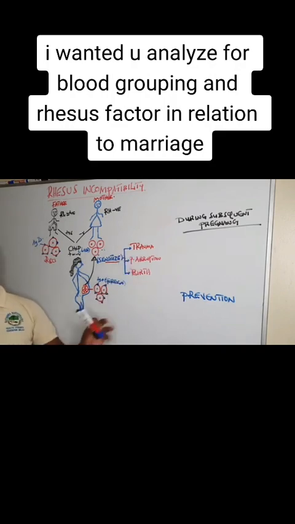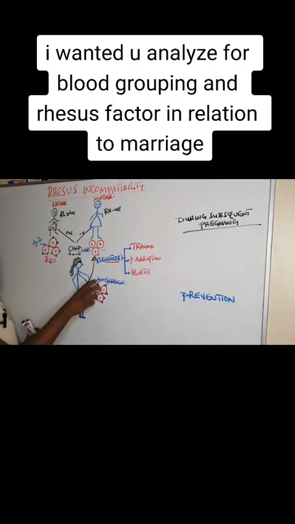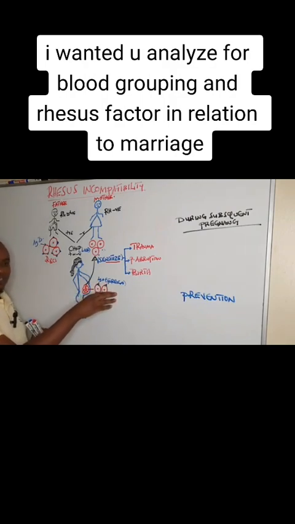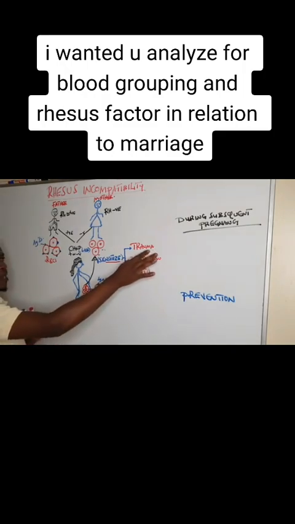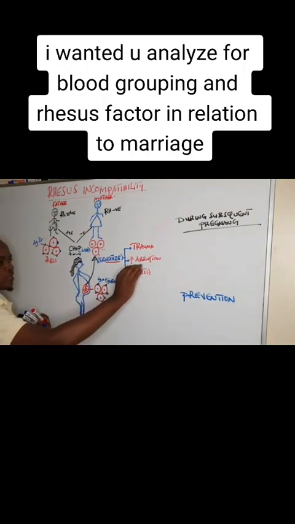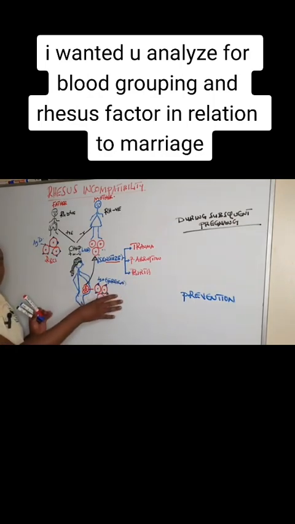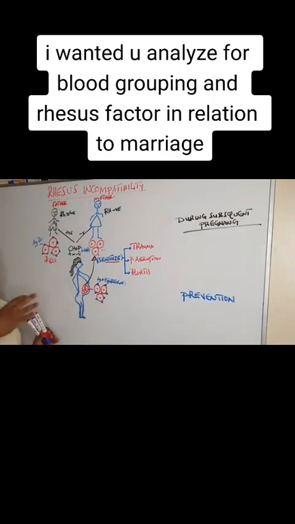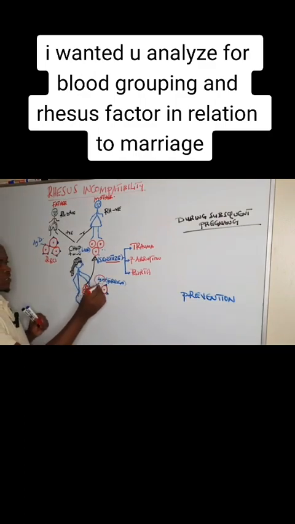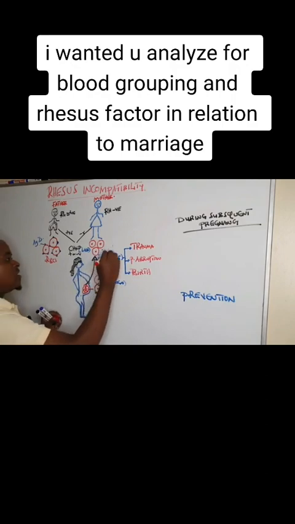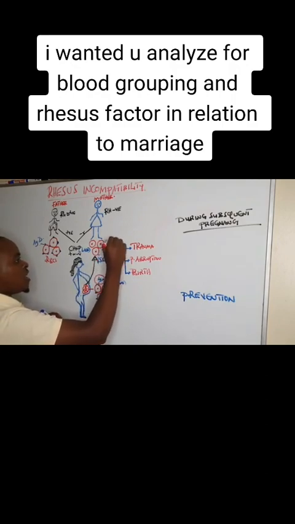These situations can make the blood of the fetus mix with that of the mother. And hence her immune system, which lacked antigen D, becomes sensitized to antigen D, and she manufactures what we call anti-D